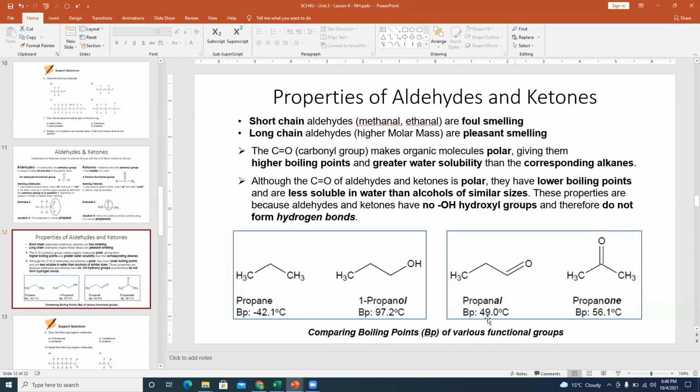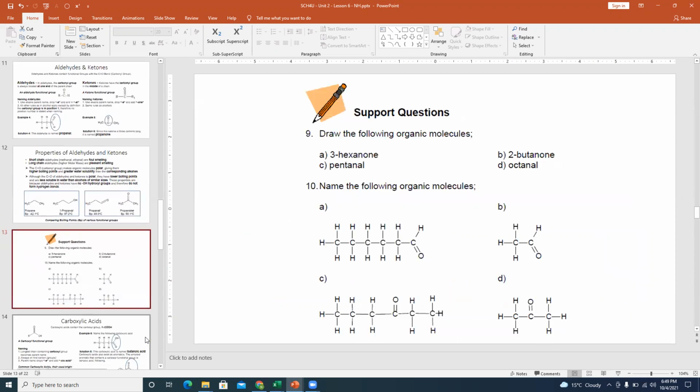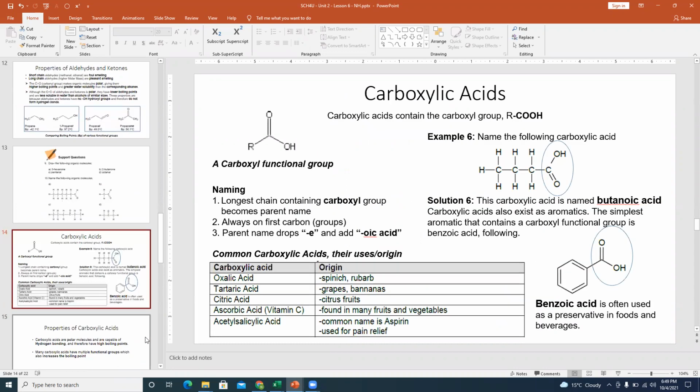Now, if we compare propanal, the aldehyde, to propanone, the ketone, again we can see that the boiling point of the propanal is lower than the boiling point of the propanone. There are some support questions for you to practice that with. And we're moving on to our next